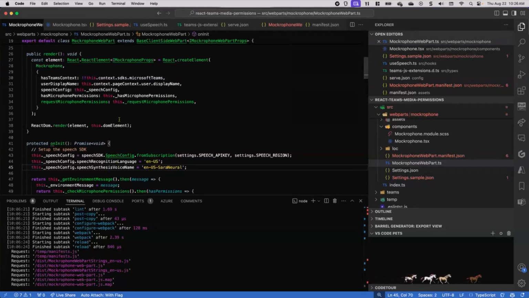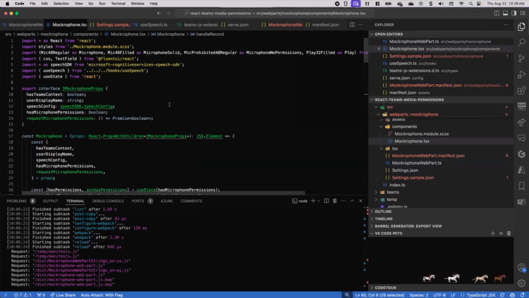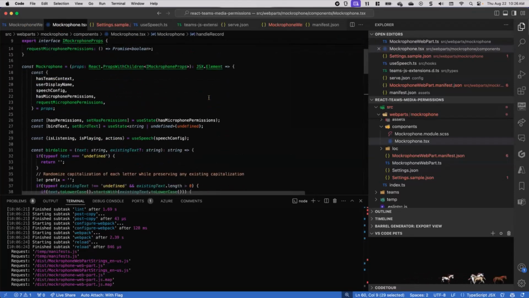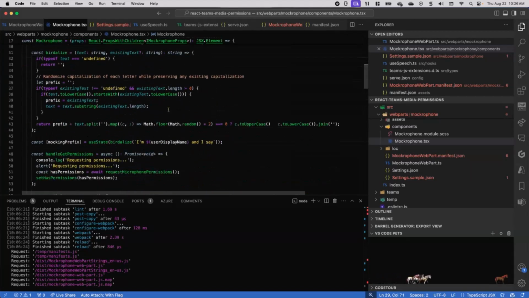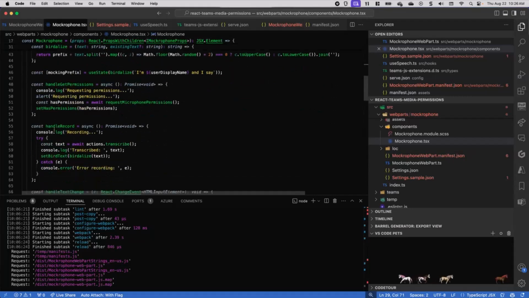And then we take all that, we pass that down into the microphone. So we've got our microphone here. And again, I'm not going to go over a whole lot of this. The main point is that everything's using a hook. So it's using this speech hook. We got the listening, displaying, we got some actions. And that allows me to do very easy things like, when I come down here to handle record, I can just